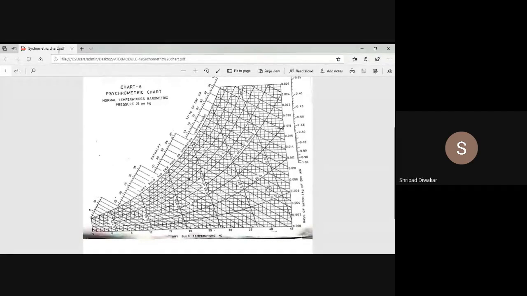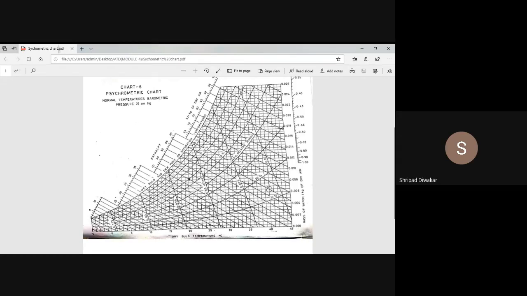Anybody, how to locate DPT? Can you tell? Horizontally towards the left, sir. Correct, exactly right. Whatever intersection is there, you have to move in the horizontal direction from right to left. That is your DPT. The inclined line is your WBT, in this example only, 10°. And then 20 degrees, or whatever you can take. And for DPT, you just have to move in the left direction.